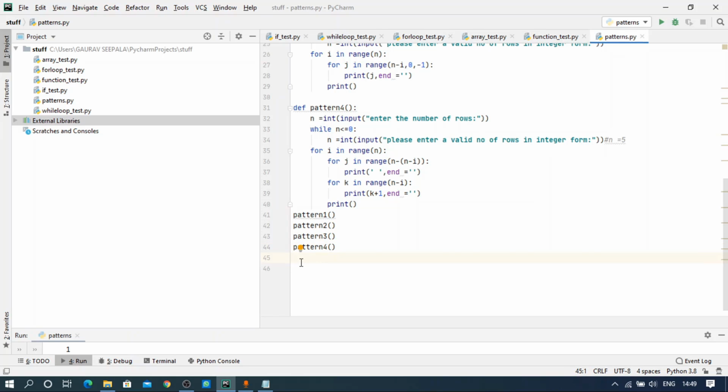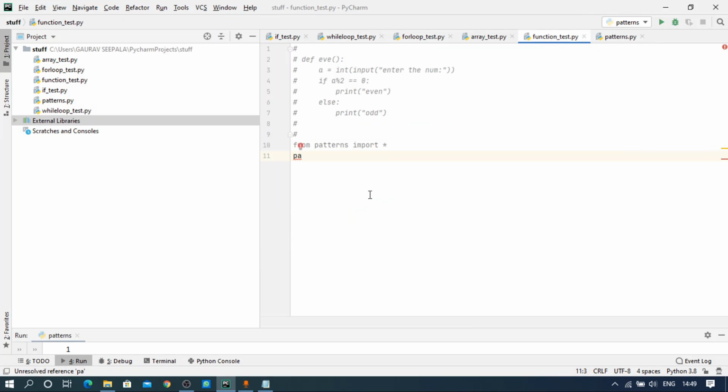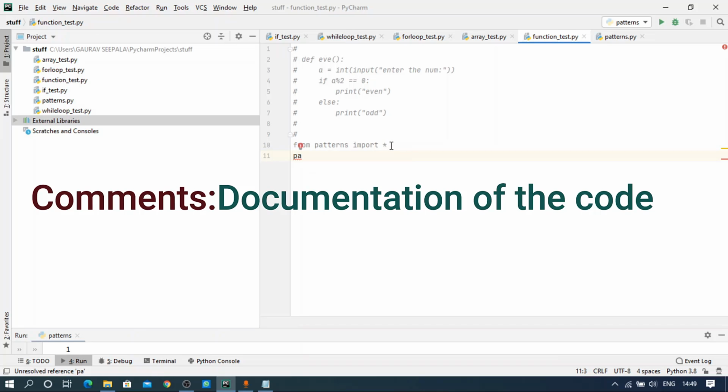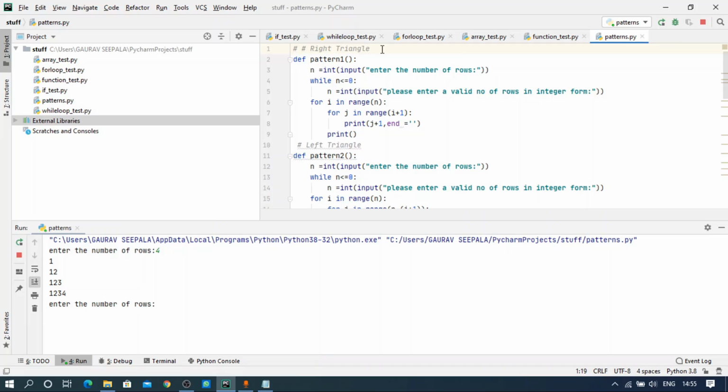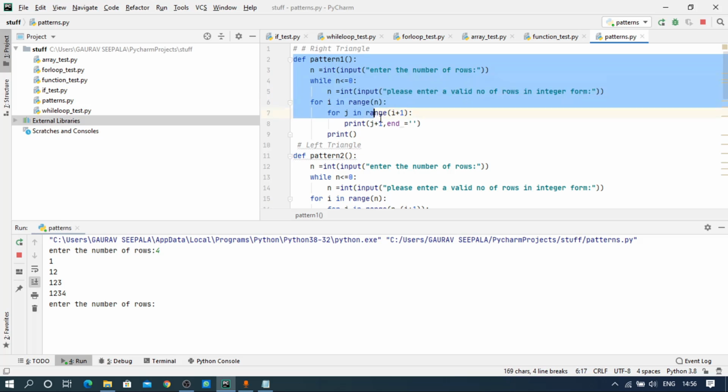So now let's see about comments. Till the starting of this series we have been using comments. So what are comments? Comments are nothing but the documentation of the code. A comment is just a piece of text which lets someone know what your code does in that program. For example, here we wrote right triangle, as the code below will print a right triangle. So likewise,